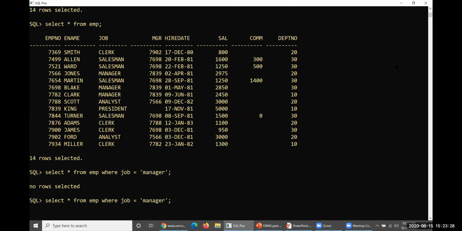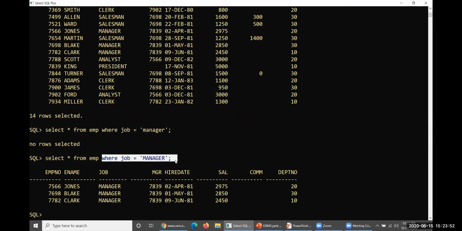Therefore, the data actually available within the table is in capital letters, so we switch on capitals and use 'MANAGER'. If you operate like this, yes, the data has been displayed. You have operated some kind of filter here, because the WHERE clause is always expected to operate filters.